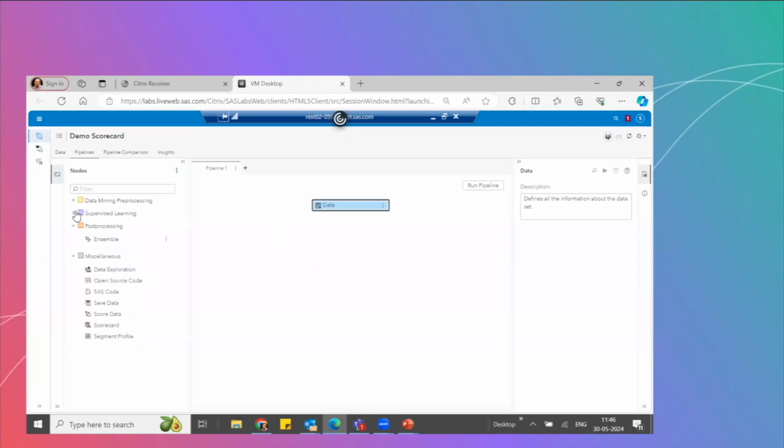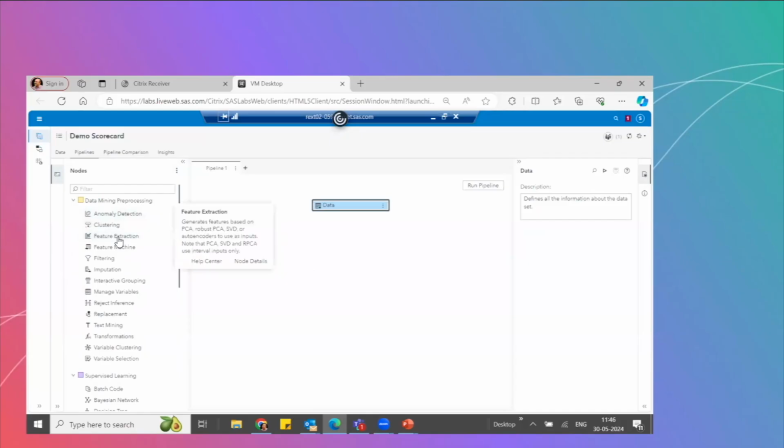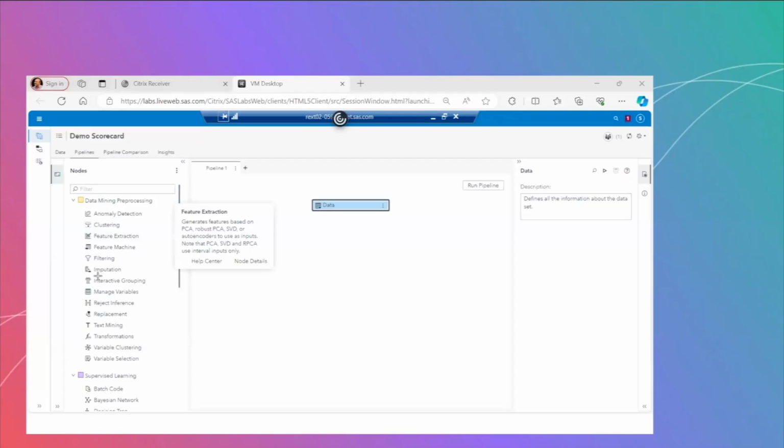Let me expand this as well. As you can see, a couple of things are important for us, and they come with what we call a license. Those are the interactive grouping,